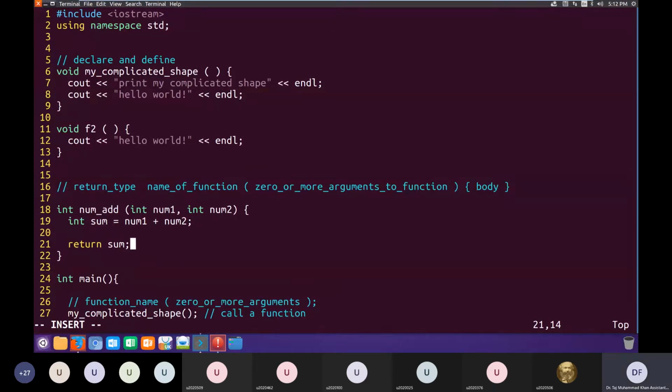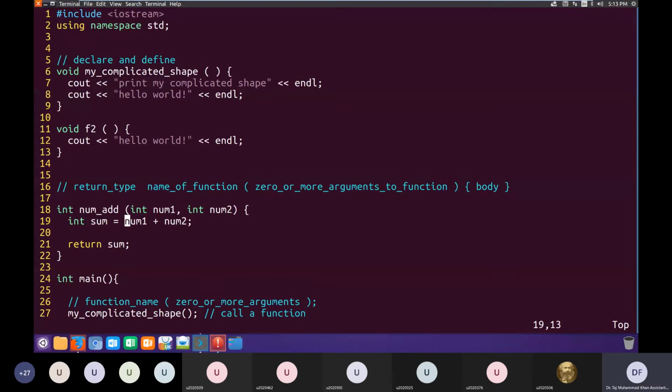So now this is a function which has a return type of int. Why? Because it is returning a value whose data type is int. That's why its return type is int here, because it is returning sum, which is of type int. It has two arguments, num1 and num2, both of type int.